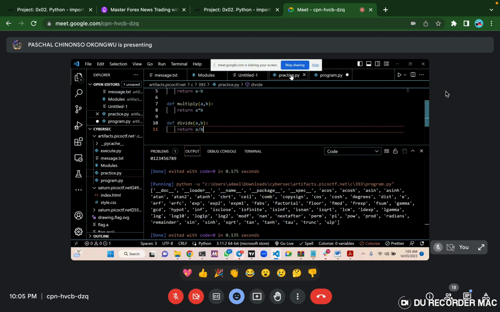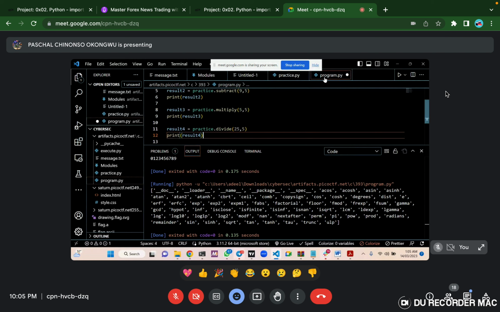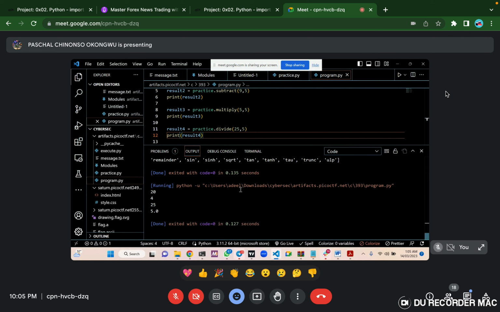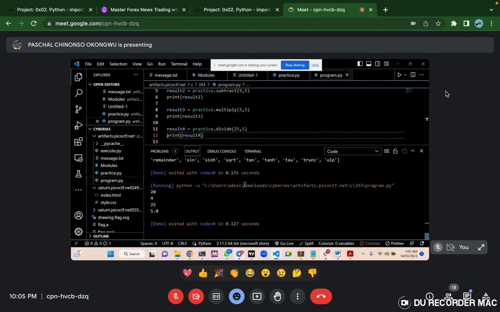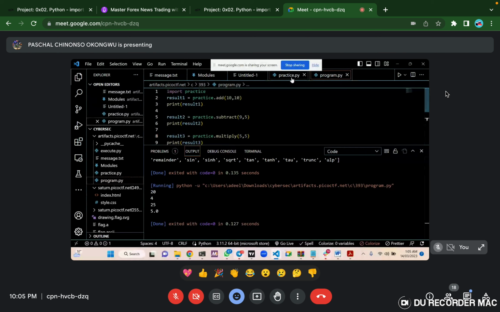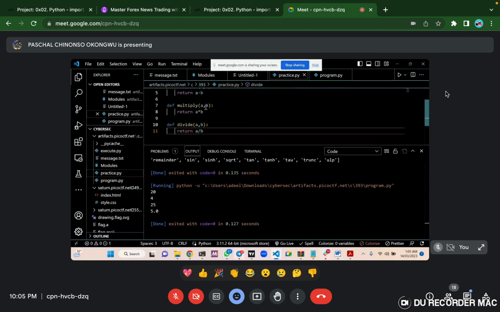Let me see if this is going to print. Okay, good. Now look at what I've been able to do. First of all, I was able to build my custom module by using this function, declared for addition, for subtraction, for multiplication, and